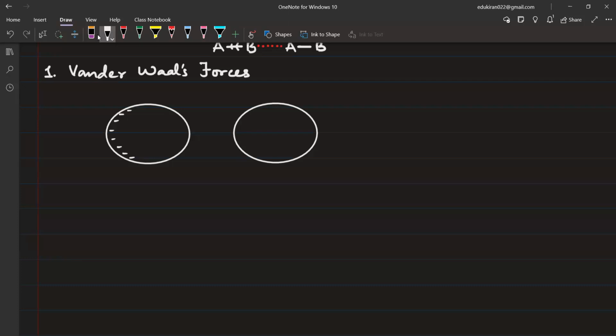So for one instant, all of these negative charges will be at one side. Definitely for a moment, because of the absence of electrons, this side will be getting positive charge, even though it will not be pure positive. But if you have a sea of electrons, and in the sea of electrons there is a hole, for example,